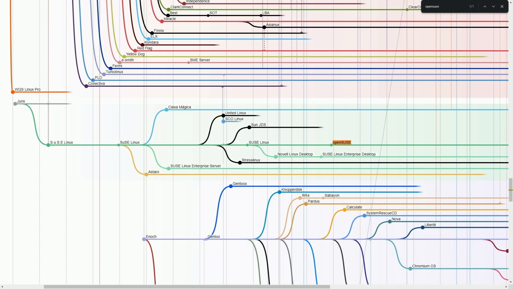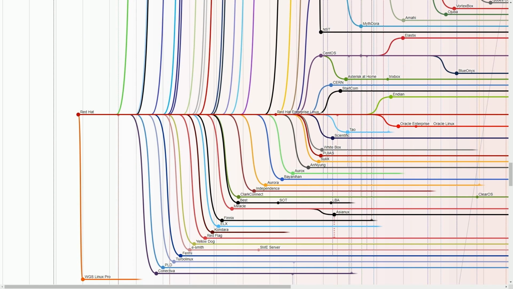So here's where you can kind of see that tree. SUSE Linux with a rename, with another rename, and finally openSUSE coming out of SUSE Linux. There's also a ton of other distributions that were forked off of SUSE Linux as well, all kind of focusing around the Linux enterprise space. So you might be confused as to what is meant by Linux enterprise, and today the biggest name in the game is probably Red Hat, which also is one of the most predominant examples of a Linux enterprise distribution.